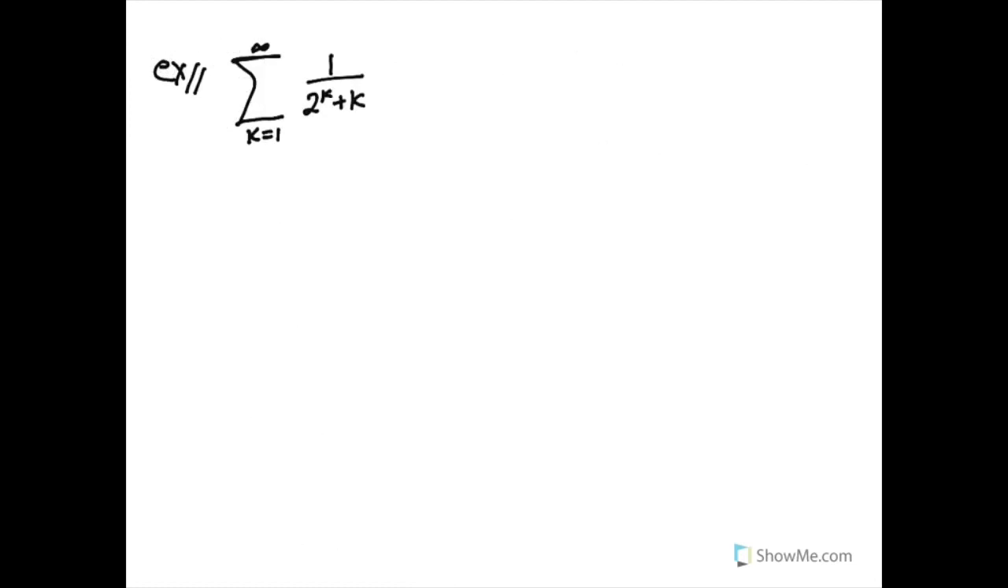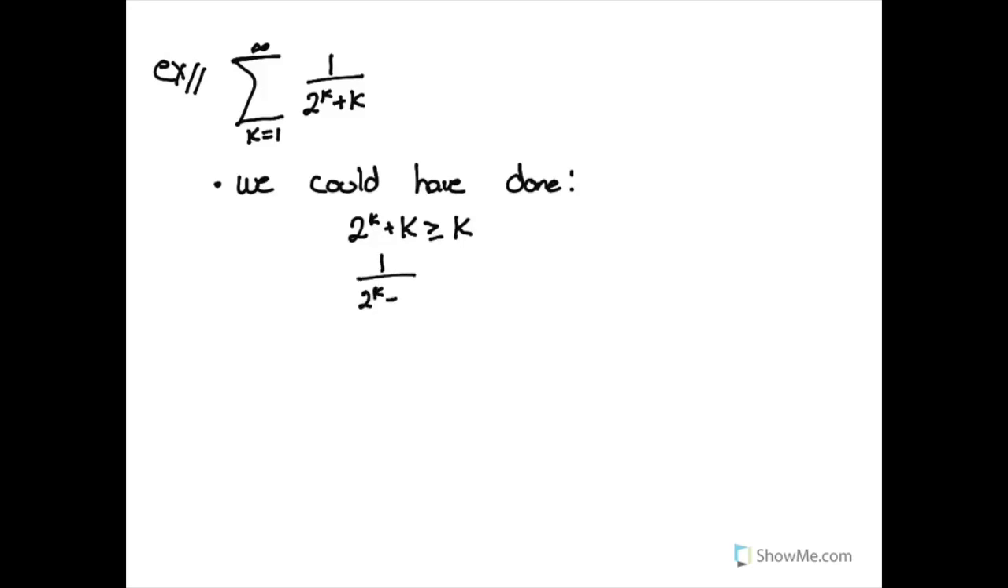Now, one remark I want to make with this exact same example is we found a larger series by making the denominator smaller. Instead of removing the k, we could have also removed the 2 to the k. So we could have done this: 2 to the k plus k is greater than or equal to k if I just remove the 2 to the k, which implies that 1 over 2 to the k plus k is less than or equal to 1 over k. In which case we would consider the series